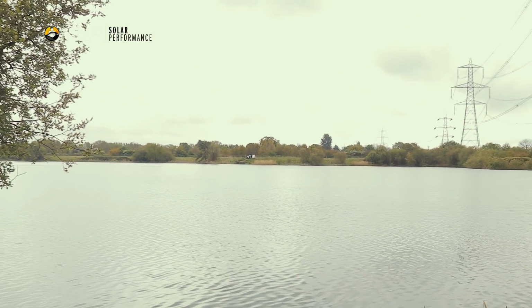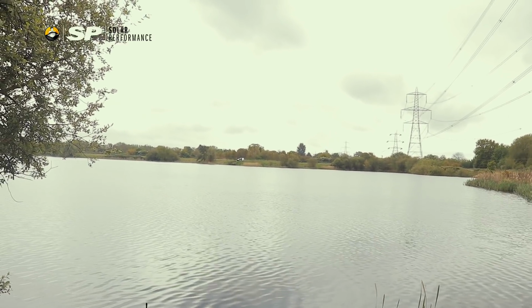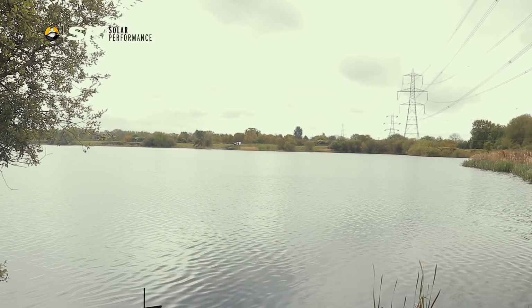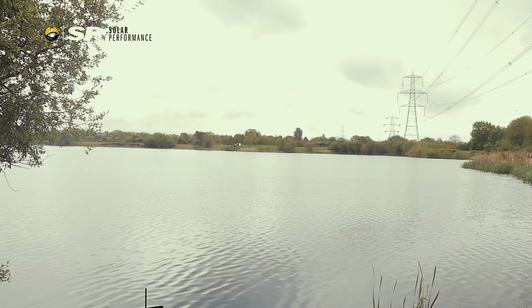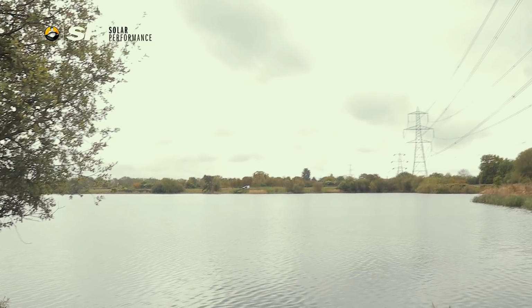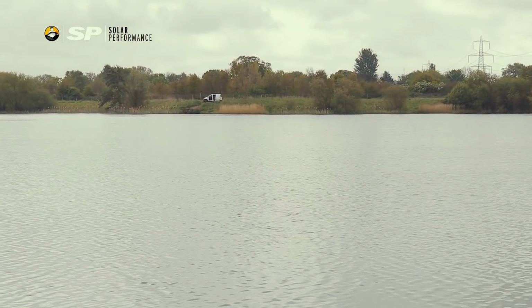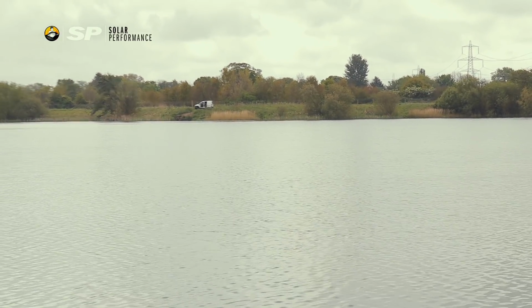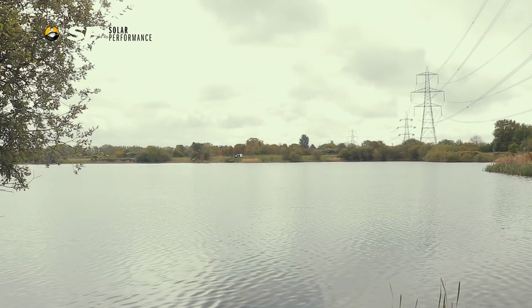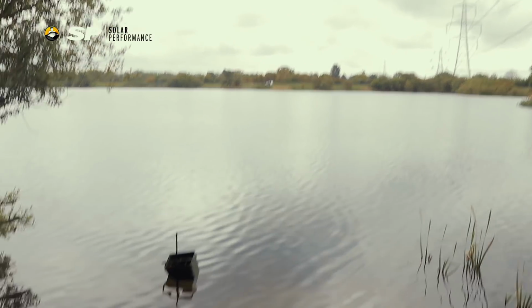So yeah, I gave him a quick ring just to ask what's in this swim, and he's kindly put me on a sort of bar hump area. You can fish it at anywhere between 25 and 29 wraps. I'll pop the marker out, and if you can still see it, it is out there. I've not got the right lens on, but I popped the marker out at 26, just to the right of his van, so it gives me a bit of a guide as to where I'm going to put some bait out. So yeah,